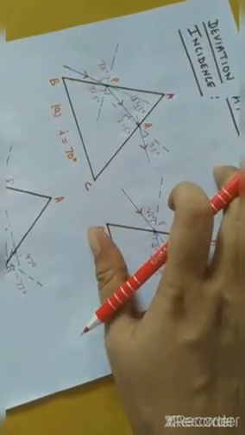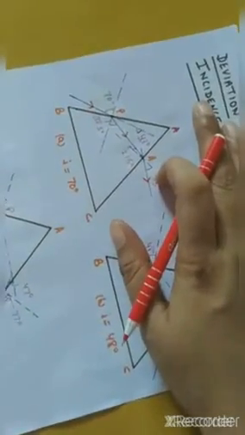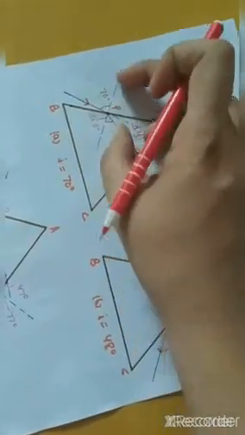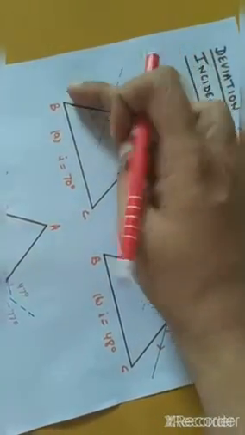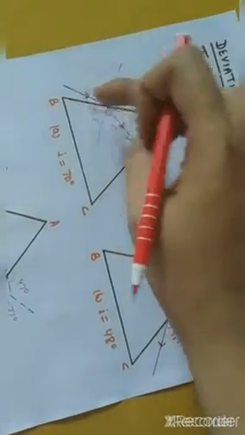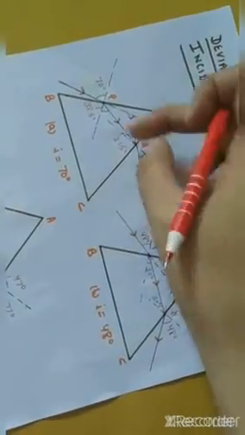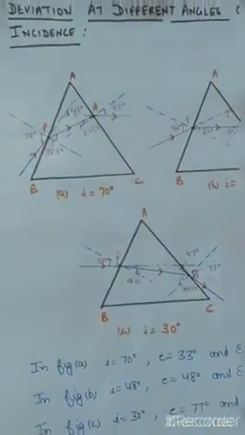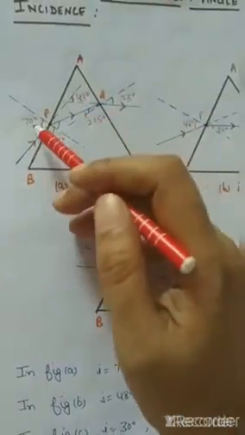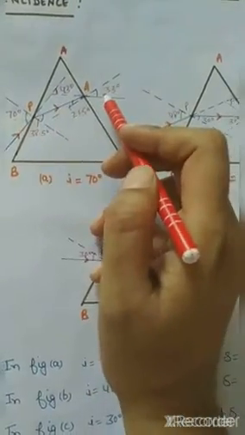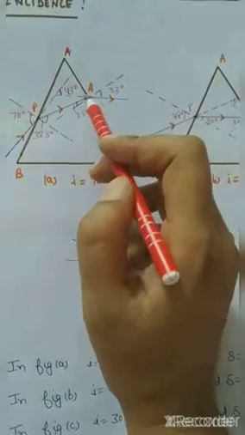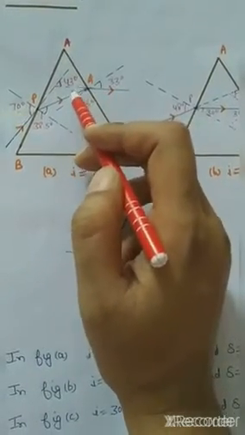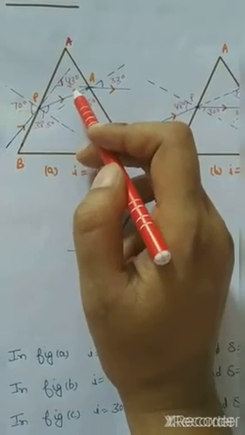Just think like this. You do this experiment, so you will keep the prism on the paper like this, as I told you, and then you will draw an angle of incidence and put 2 pins on this side of it. You will see the image of the 2 pins, and then you remove the pins and join these lines. So this is the figure you will get. Now in this you can see that when the angle of incidence is 70 degree, the angle of emergence is 33 degree. And when you extend the incident ray and the emergent ray, the angle of deviation you are getting is 43 degree.